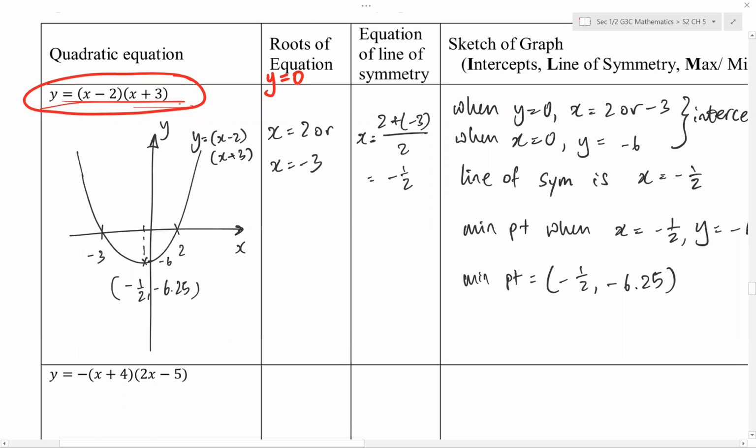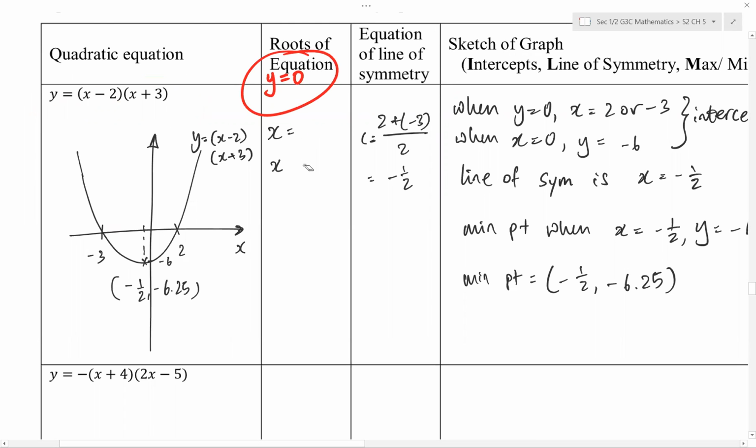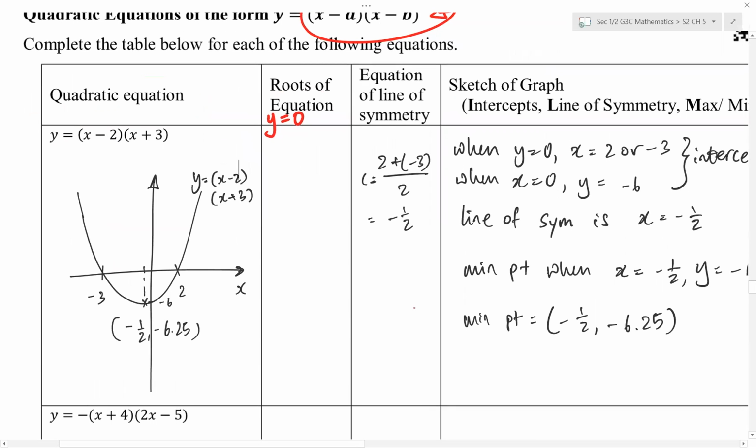There is no solution. There are two unknowns over there, x and y. There are infinite solutions. Only when y is equal to 0, then you write. Before this, x equals 2, x equals negative 3, right? Before this, you should write, since y equals 0, x